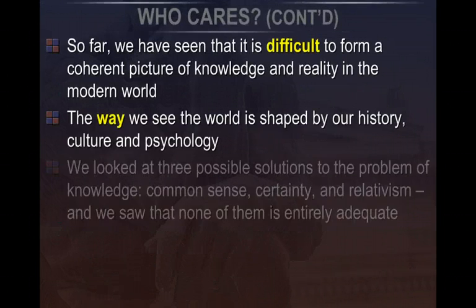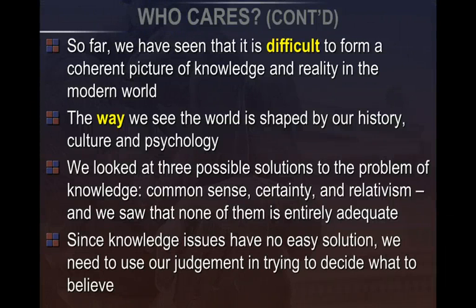Belief shapes action. So again, we're back to the same problem, and we're never going to get to the answer to this, but how do we form this coherent picture of what knowledge is? Okay? Clearly, belief is a big part of it. The way we see our world is shaped by things like our history, culture, psychology. And we've been trying to figure out this knowledge problem through things like relativism, which we looked at last time, and certainty and belief and common sense. But we're still struggling. We're still trying to find a way to lay down a definition for knowledge.